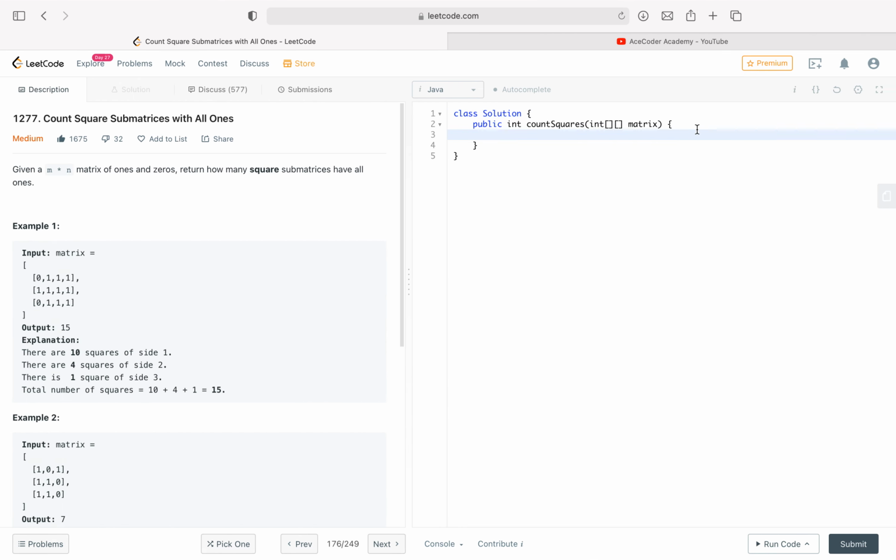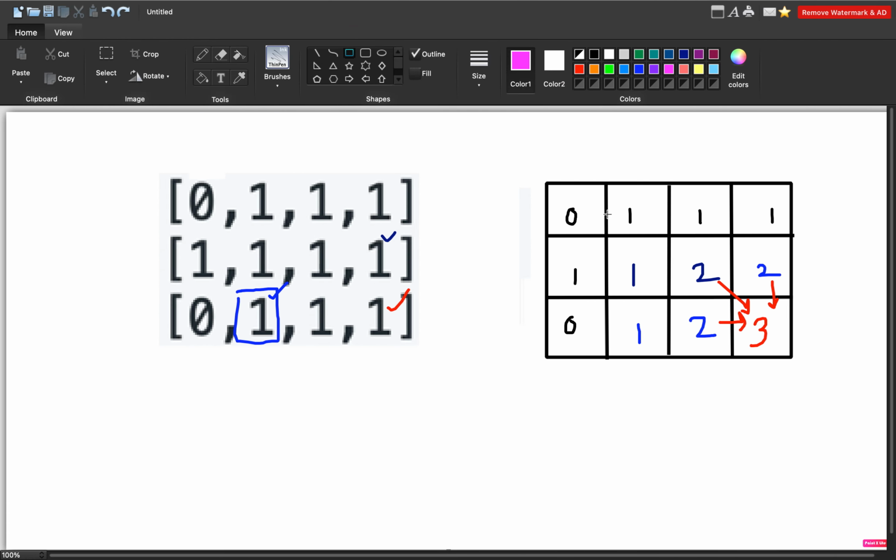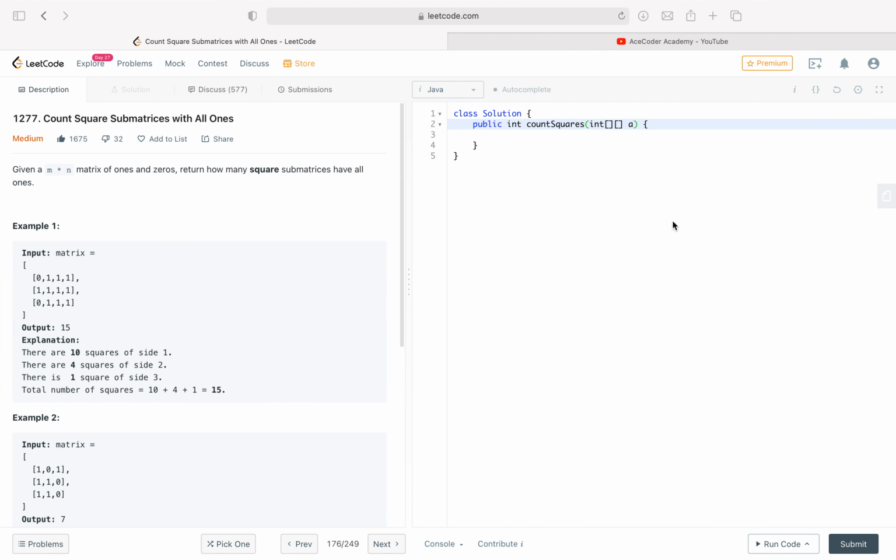I'll be renaming it as A. And I will be actually modifying the same array, because we can see that we don't need an extra array. These lines are the same as the given array, and these are also the same as the given array, and we have to just update it. So the answer is based on the previous values, so we can update the same array only.